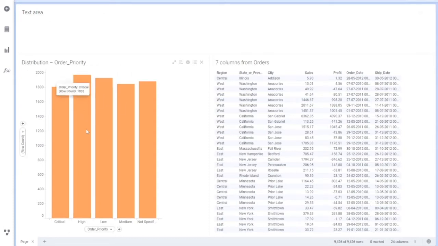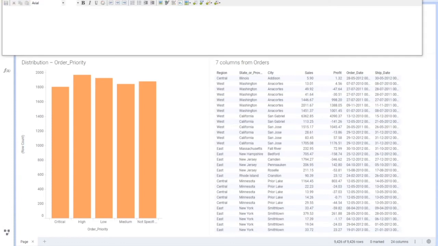So I just created a bar chart. I have a table here and I have this text area. So I'll just right click, say edit text area and so on. We'll start. So last time we discussed drop down list and list box.